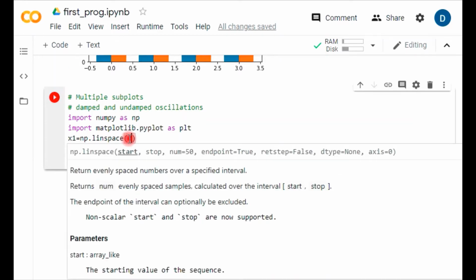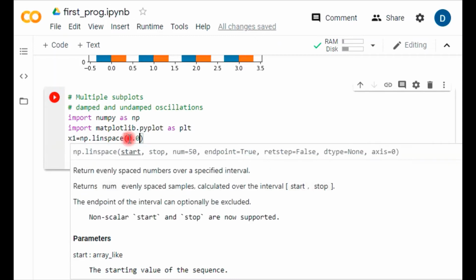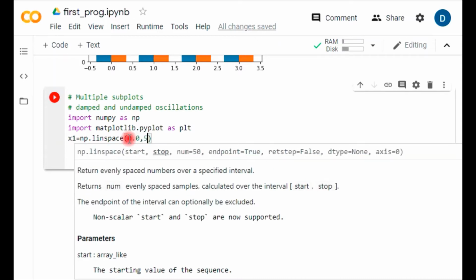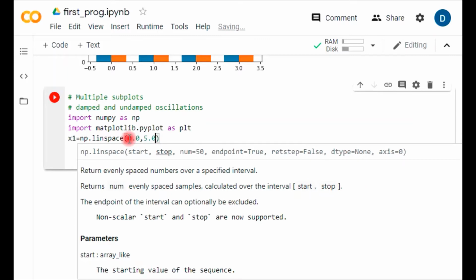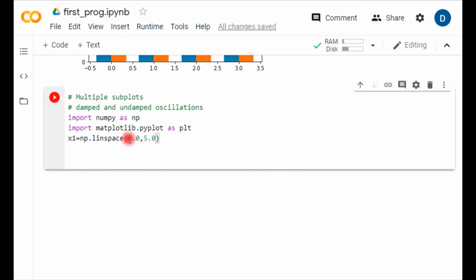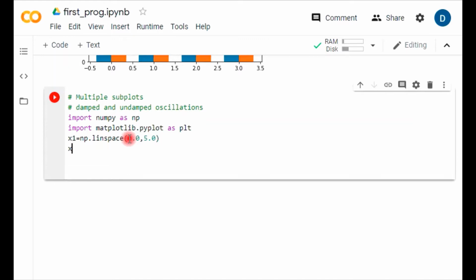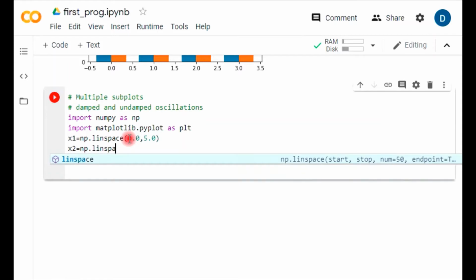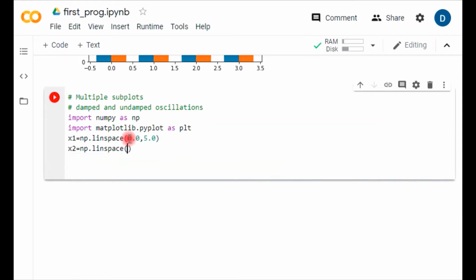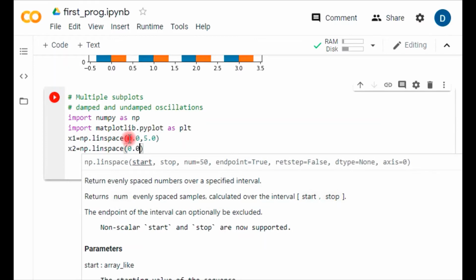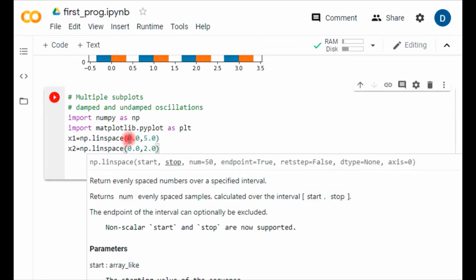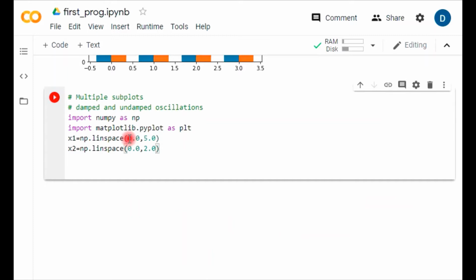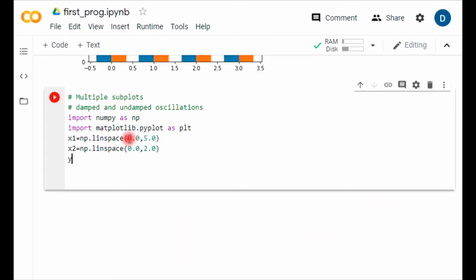I'm starting it from 0.0 to 5.0, so it will create an array of equal spacing. Then I create the next one, x2, using the same np.linspace, and in that I'm using a different range, 0.0 to 2.0. These are the two different arrays I've taken.